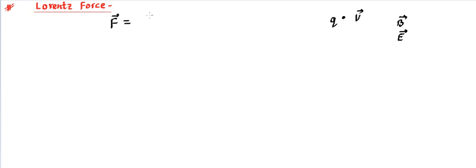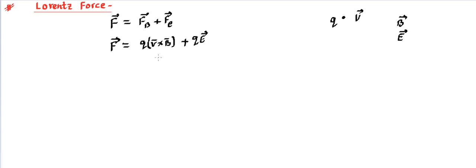We can say this force is going to be because of the magnetic field as well as because of the electric field. Now, what is because of the magnetic field and what is because of the electric field? That's what we have understood and we know them. So the force because of the magnetic field is going to be equal to Q V cross B. So the cross product of velocity and magnetic field, multiplied by Q, will give us the magnetic force.